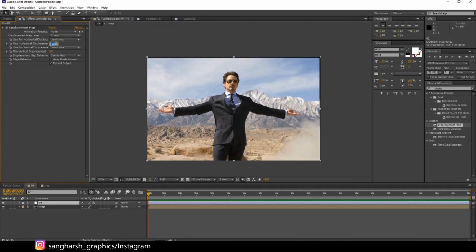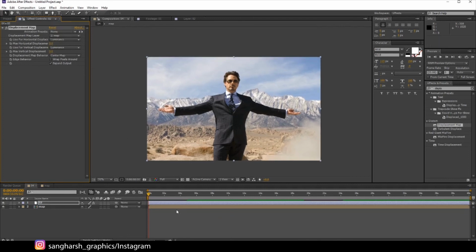Let's make them 0, 0. At the first keyframe, let's make it just a little bit negative like this. This also just a little bit negative. Add keyframes on both. Let's just trim it to 5 to 6 seconds.